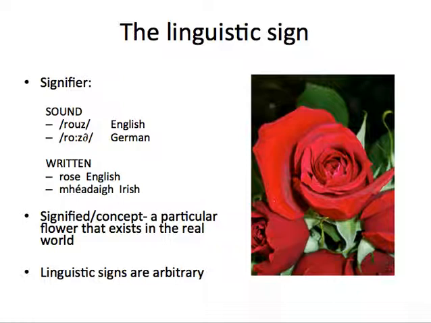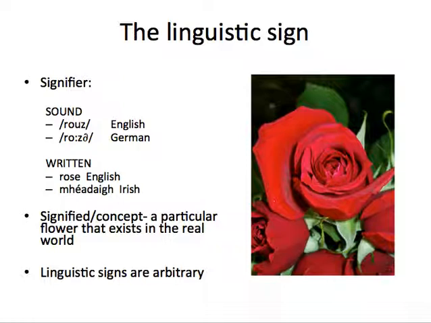So we've met some of these words before, and the first word is signifier. A signifier is the kinds of signs, linguistic signs, although in a sense we're going to reserve the word sign to mean something else. So a signifier can be a sound. In English we have the sound rose, and that refers to the particular concept of a